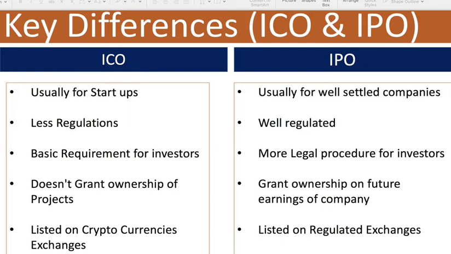Whereas for ICOs, there is very little to no regulatory framework or legal protocol. They issue a white paper to show their intent, which is not a legally binding document by any means. So there is certainly a lot of trust required in the project and team of an ICO. The third main difference is investor requirements.